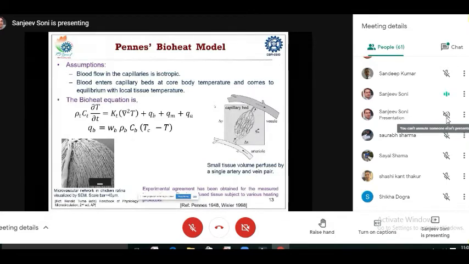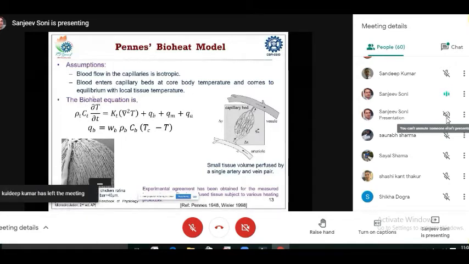to a numerical formulation so that we can come up with certain models to predict what is happening inside the human body. One such model is the Pennes bioheat model, where we use the bioheat transfer phenomena, and that accounts for the blood flow in this way. So you have an artery with blood flowing, and then the artery goes into a certain form of capillary bed which is embedded within the tissue, and the blood comes out through the vein. So numerically we can model this phenomenon using certain equations.